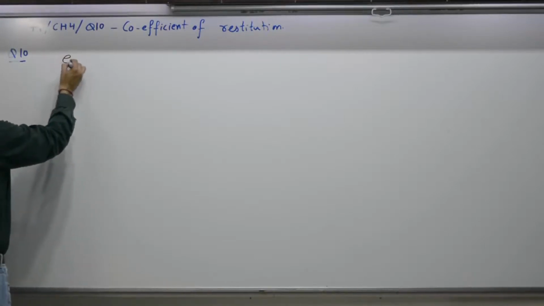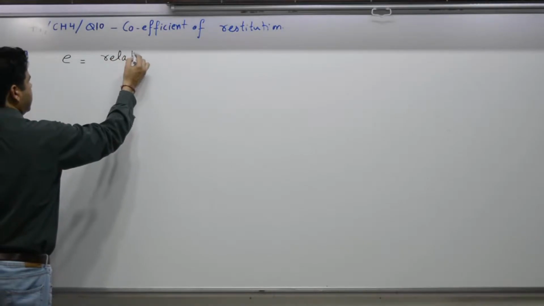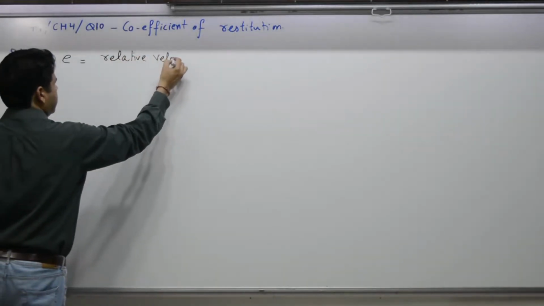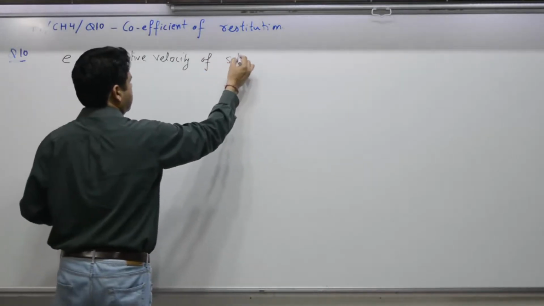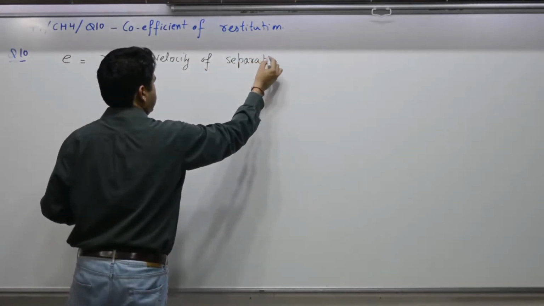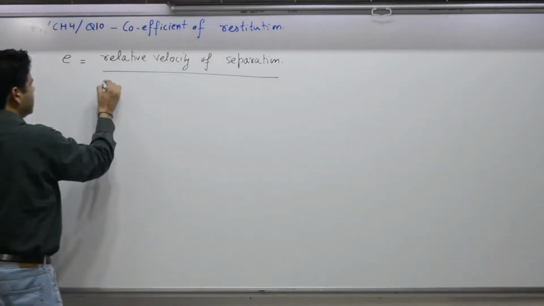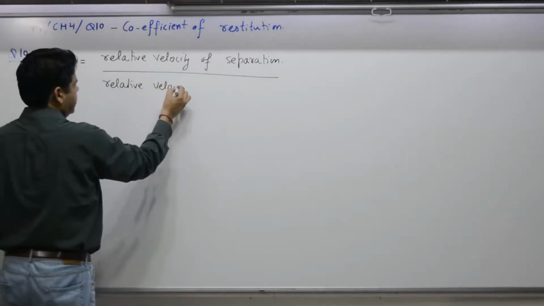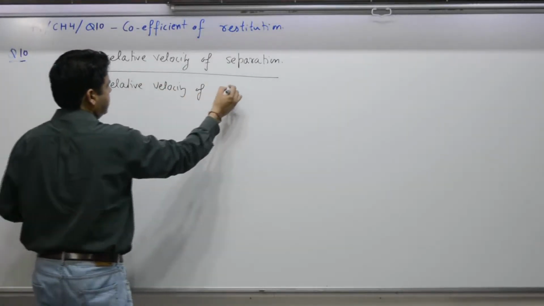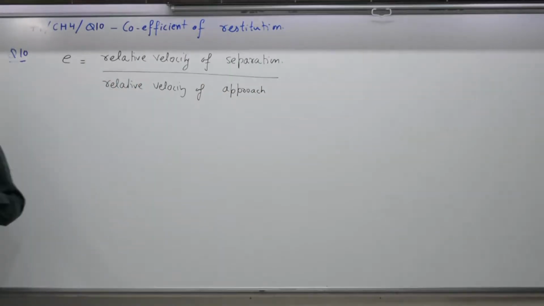Coefficient of restitution E is relative velocity of separation to relative velocity of approach. That is,